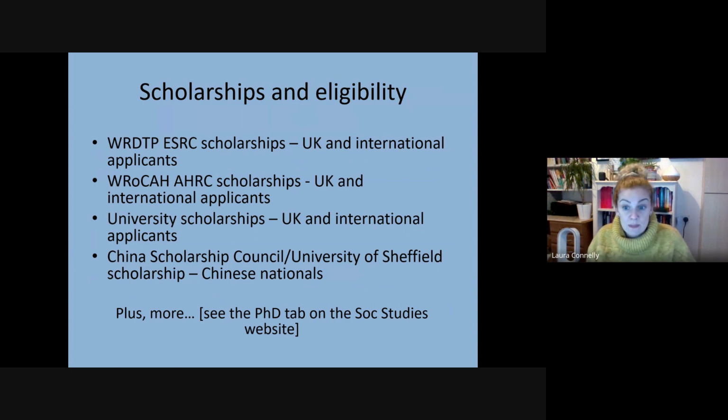And these scholarships cover a stipend and also fees at the home level. And those fees will be topped up by the university for international award holders. I'll talk more about this scholarship soon because it's the one that probably is most relevant. It is relevant to most of you. It's certainly the one we receive the most scholarship applications for. But we also have the White Rose